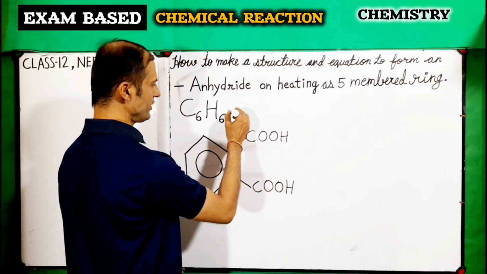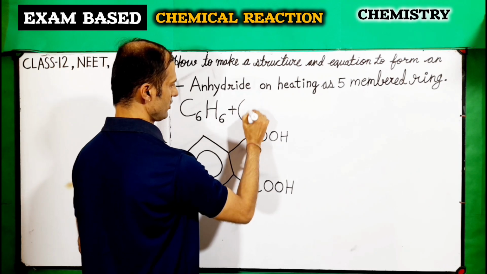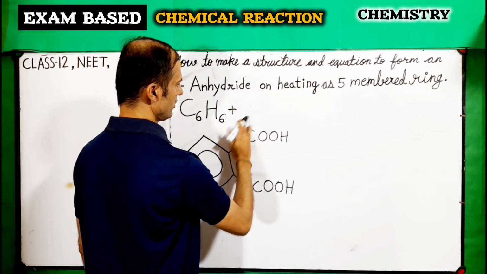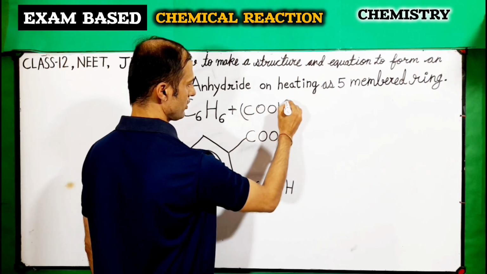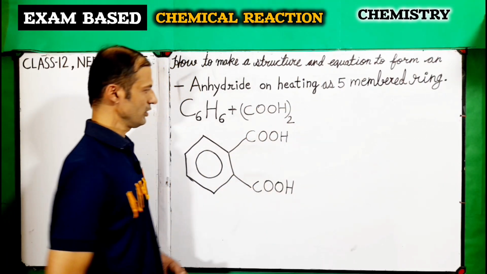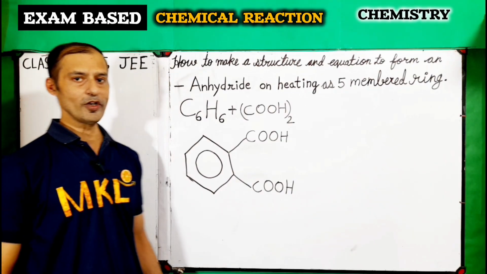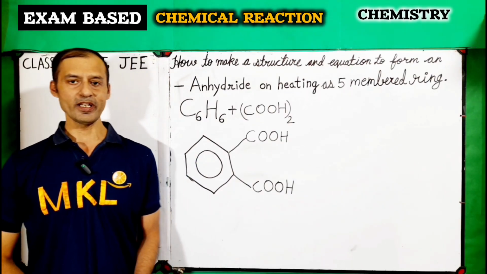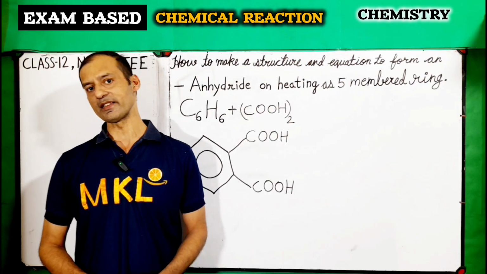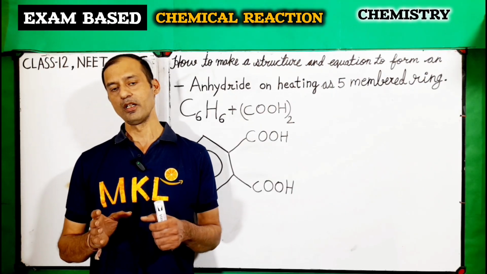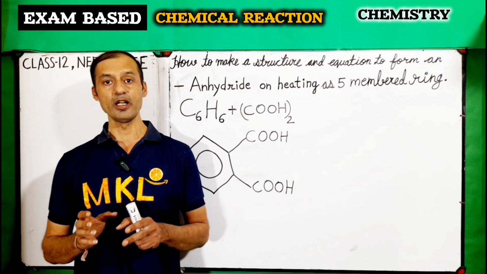Now what we'll do in the equation. First of all, plus COOH. Now half of our equation is ready, students. Reactant is ready. Now what we'll do? The heating process, students. Okay, we'll start the heating process at a minimum of 200 degrees Celsius. It must be between 190 degrees Celsius and 200 degrees Celsius according to the laboratory,